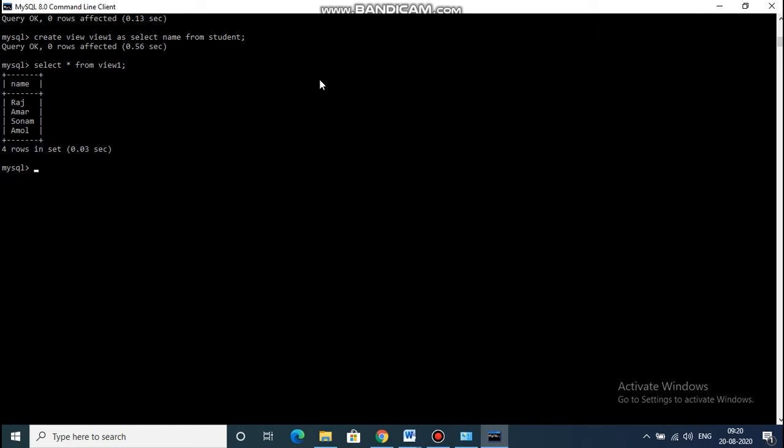Again we can provide a condition while creating the view. Like you can see here, create view view1 as select star from student where city is equal to Pune.